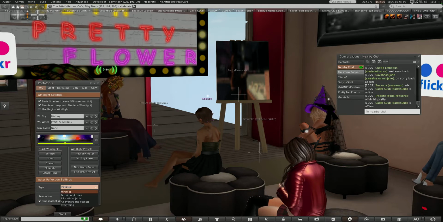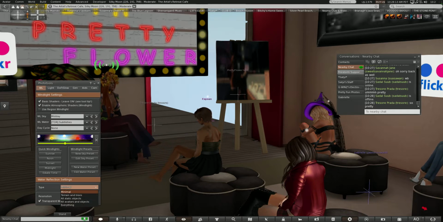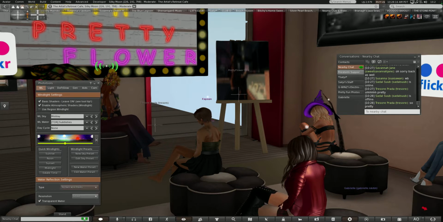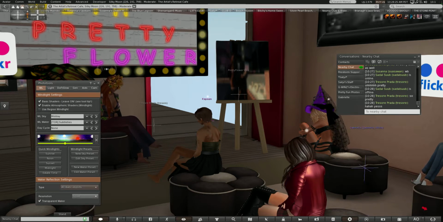But there are so many different windlights. All I can tell you is just play with them. This is why it takes me an hour to do a shot, because I have to look through 20 million windlights to see which one I want. I really like some of the nighttime ones. Tour Night and